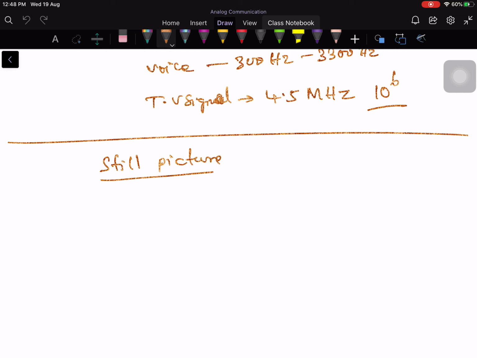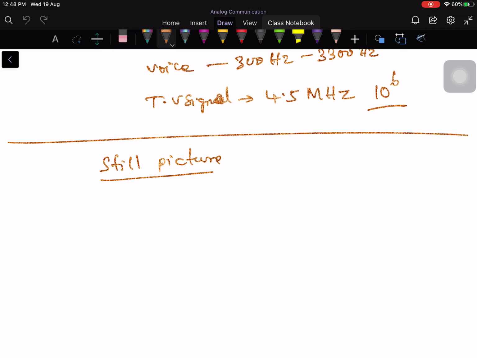Because the rate of scanning is under my control, I can scan it very slowly, or I can scan it very fast. It's not an issue. If I scan it very fast, I can transmit quickly and my job will get done very quickly. If I scan it very slowly, then I may spend a little more time. It's not an issue. But this is not possible in a moving picture. If you scan it slowly in a moving picture, then what will happen? You lose the motion, because the picture might have moved to some other place. So you have to scan at a sufficiently fast rate for the case of a picture signal.